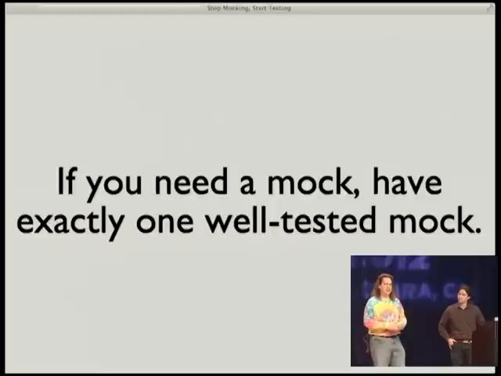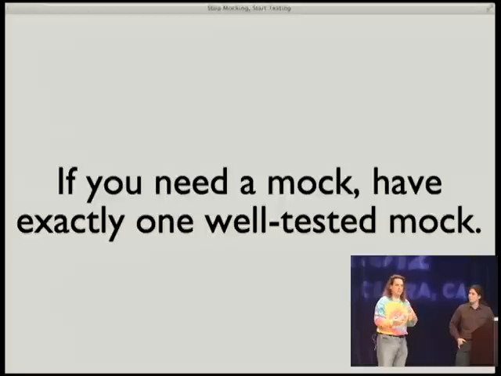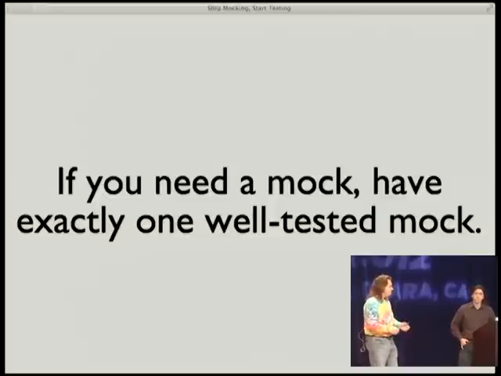And by well-tested, we mean you write your test to the interface of what the mock object is mocking, and you run that test against both the mock object and the real implementation, and confirm that both have the same behavior, and that's the behavior that's specified in the interface. And I actually found a bug in the Bigtable library at Google at one point this way, because the mock had the behavior I expected, and I found a regression because the mock I was using didn't have the bug, and I was able to go back and find a regression that was breaking one of our components.